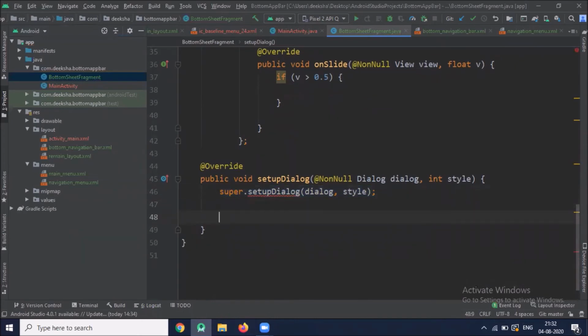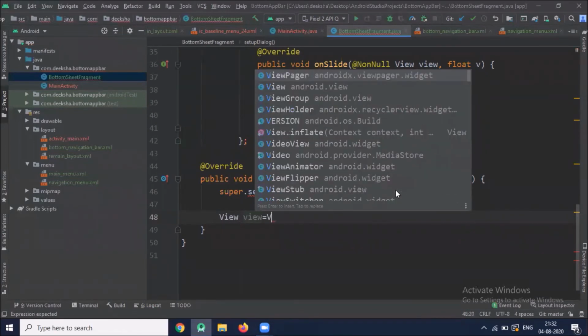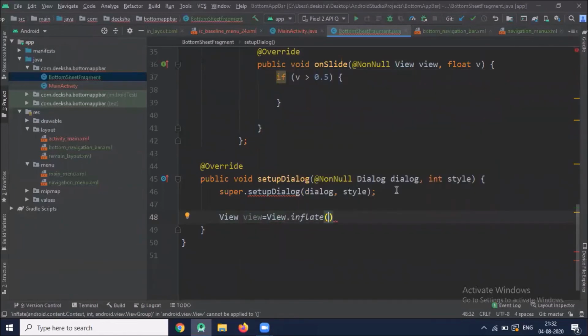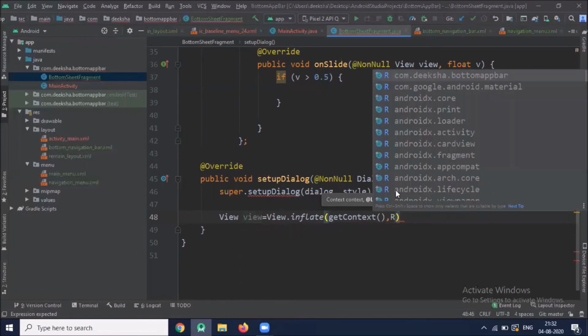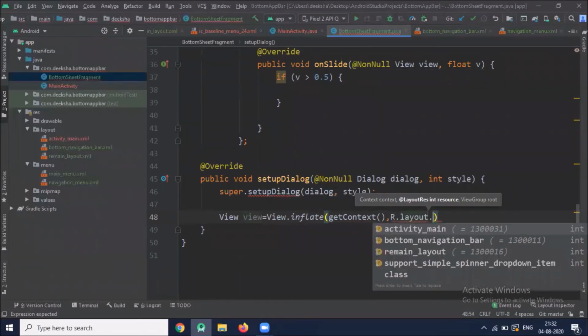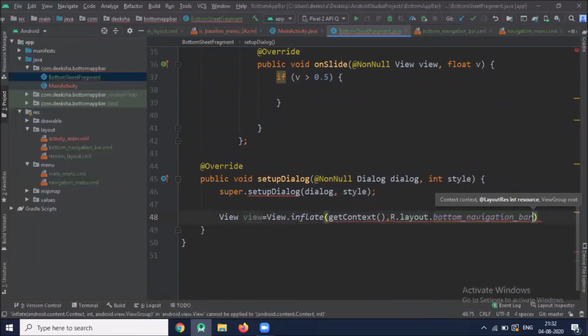Now get the content view. And here we fetch our bottom navigation bar.